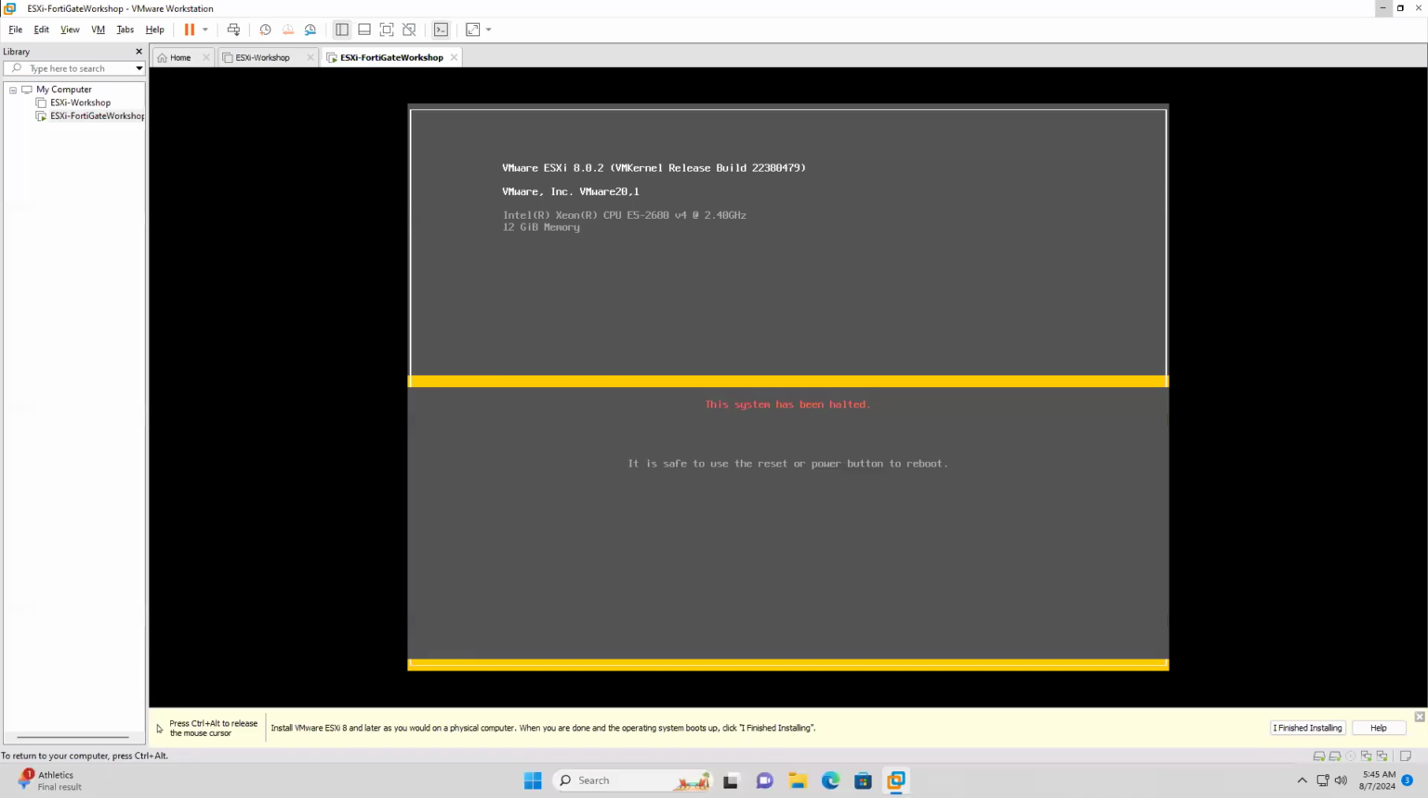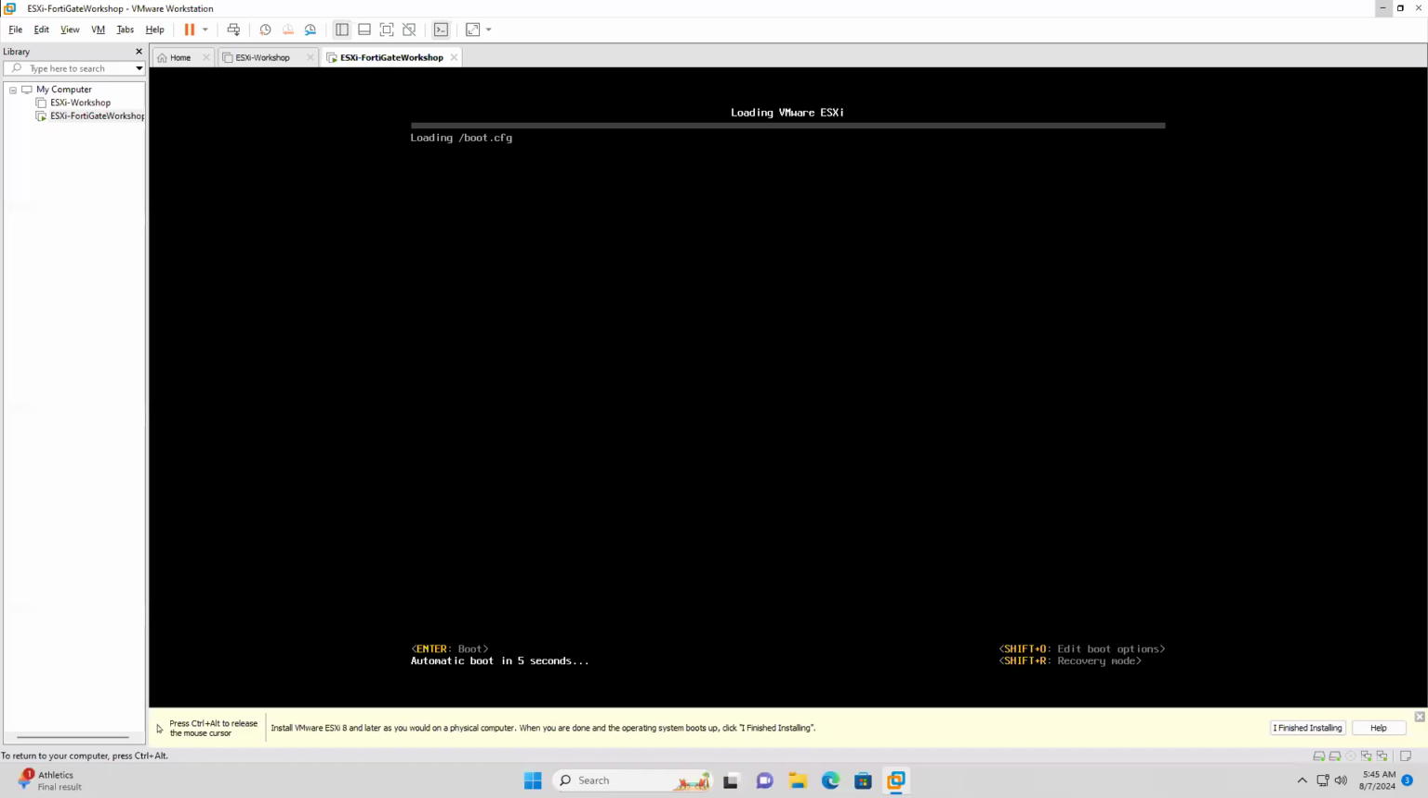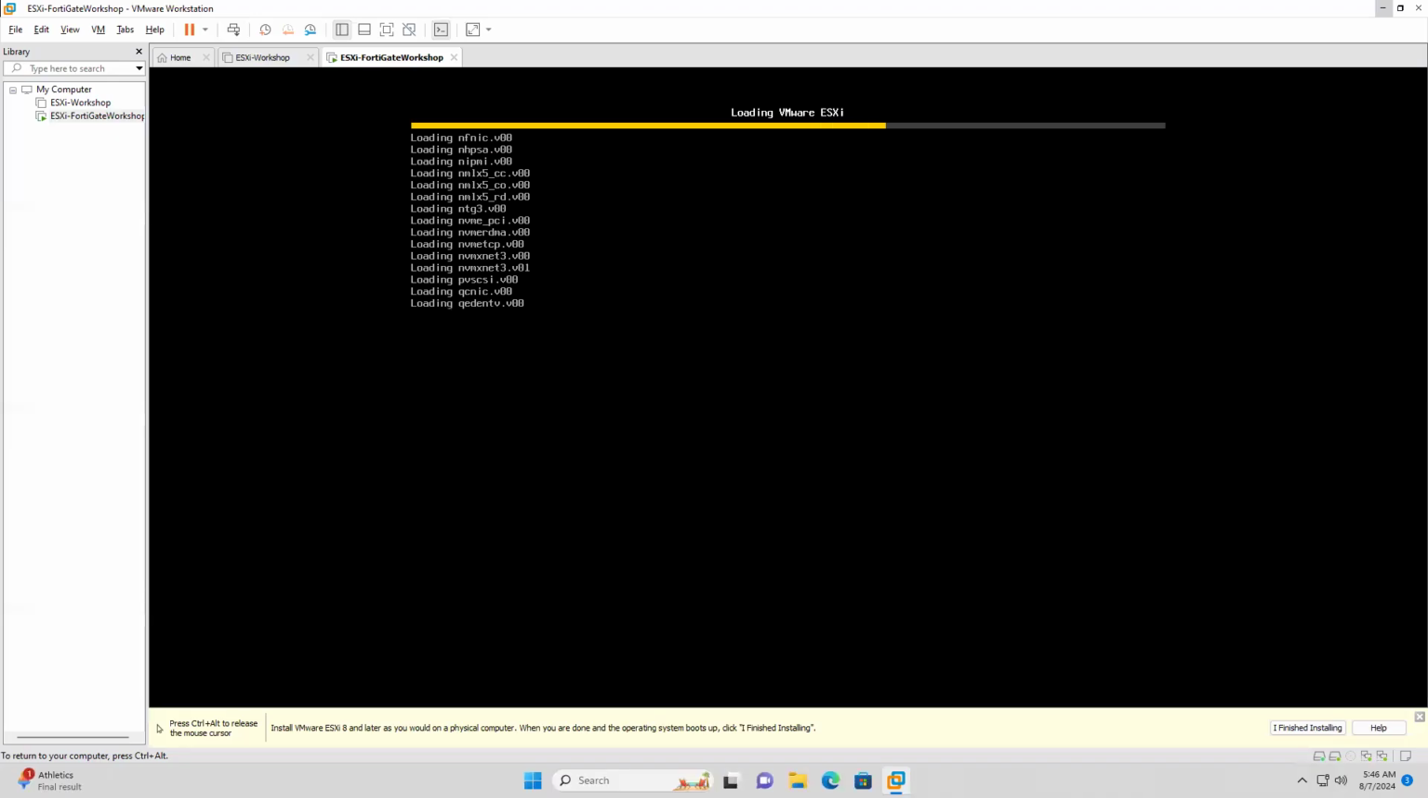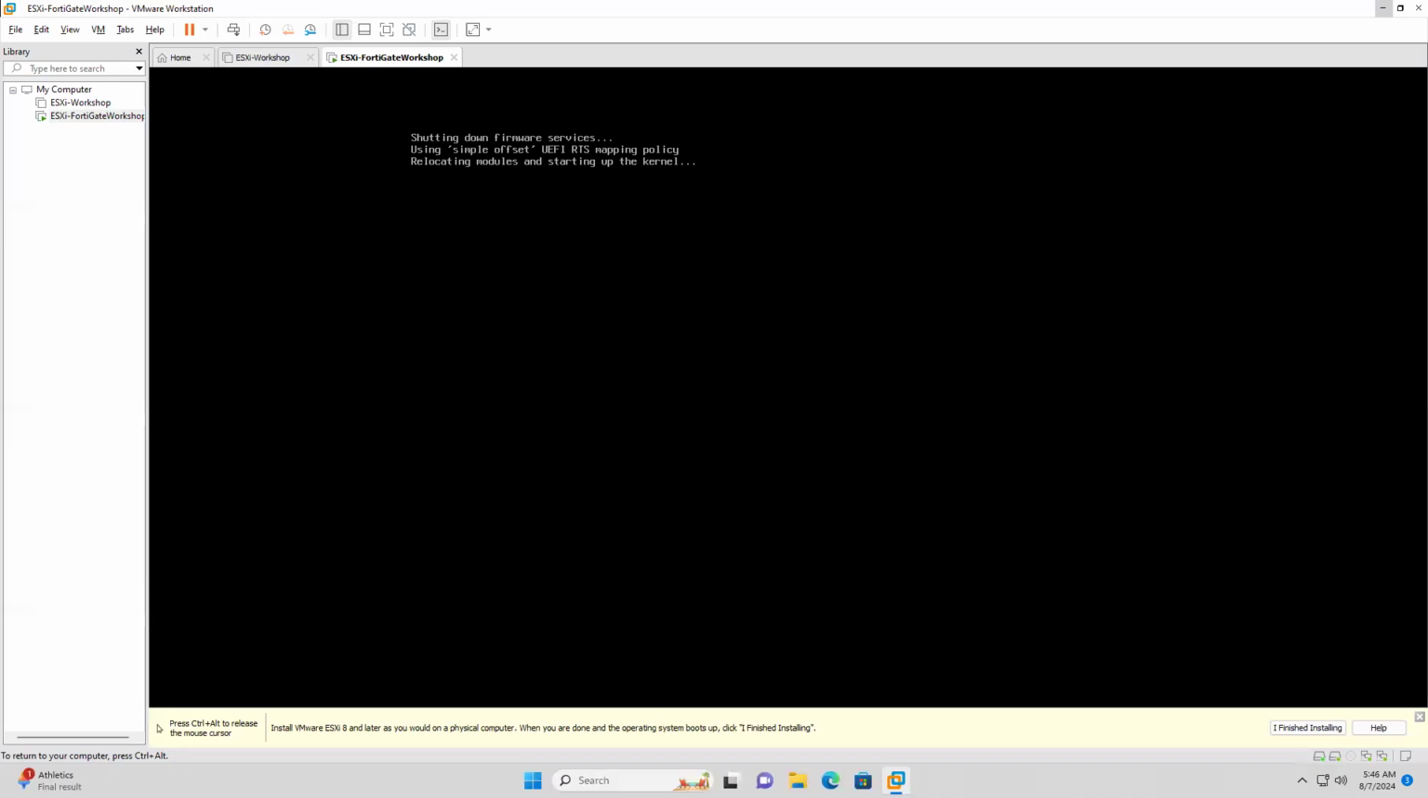Then you can do the basic configuration and log into the host and deploy the FortiGate firewall on top of the ESXi. I have a question from Mr. Rahim,